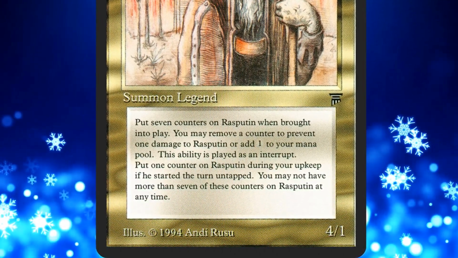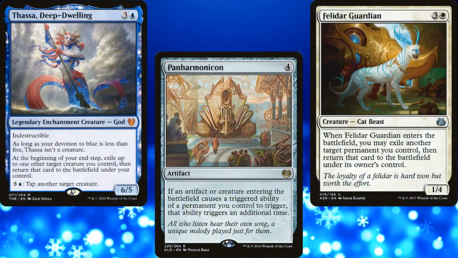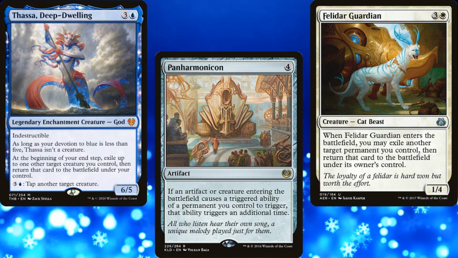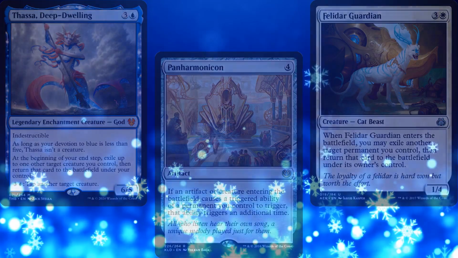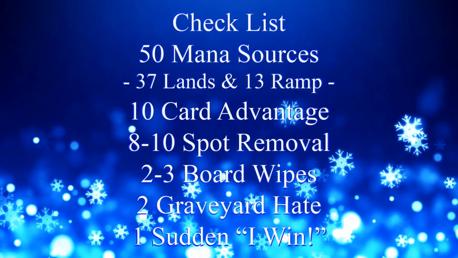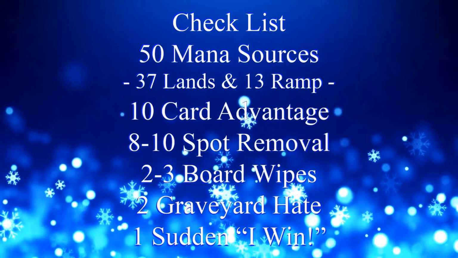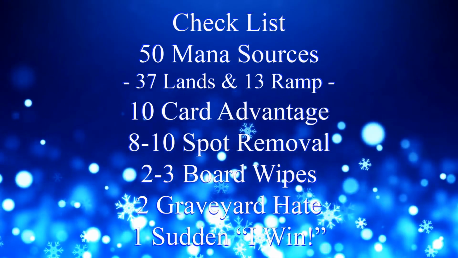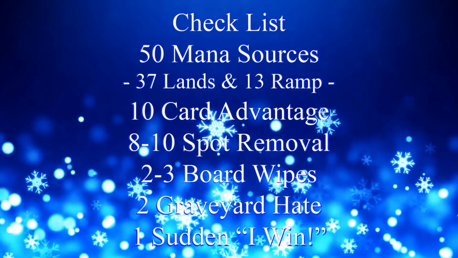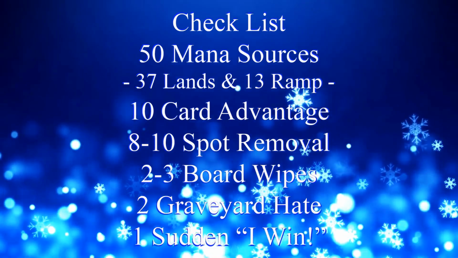The most important thing to remember here is that Rasputin enters the battlefield with 7 dream counters. That's right, this is a flicker deck. But we'll need more than exile effects to build a functional commander deck, and for that, we turn to our handy-dandy checklist. 50 mana sources, usually split between 37 lands and 13 pieces of ramp, 10 pieces of card advantage, 8 to 10 pieces of spot removal, 2 to 3 board wipes, 2 pieces of graveyard hate, and 1 sudden